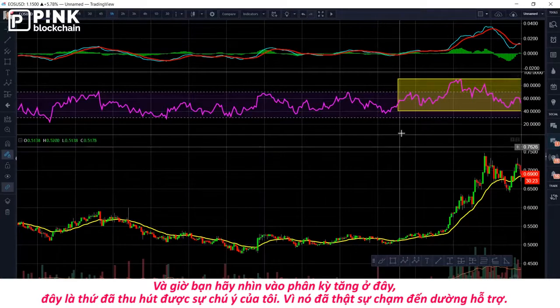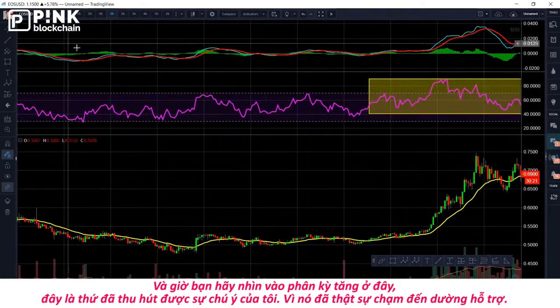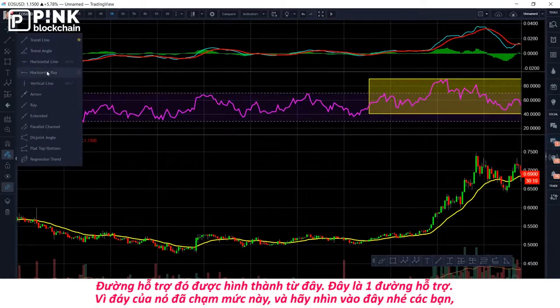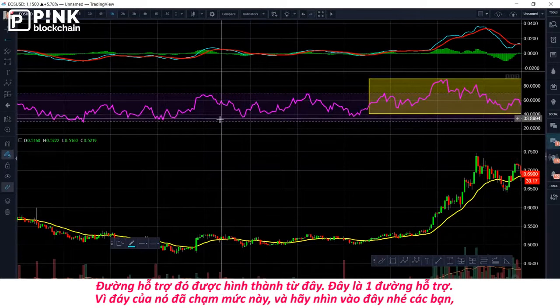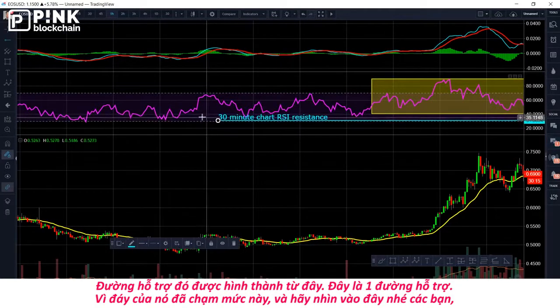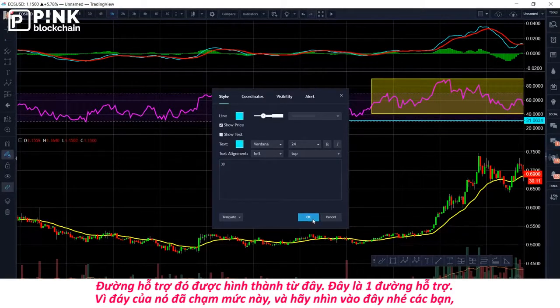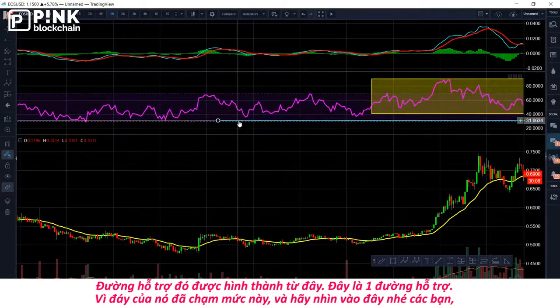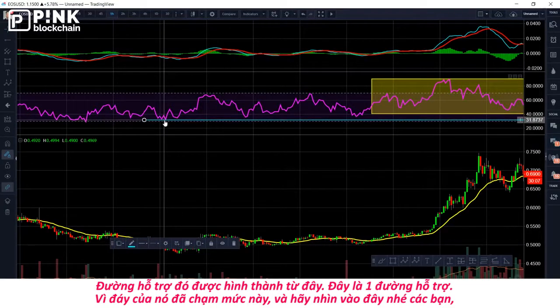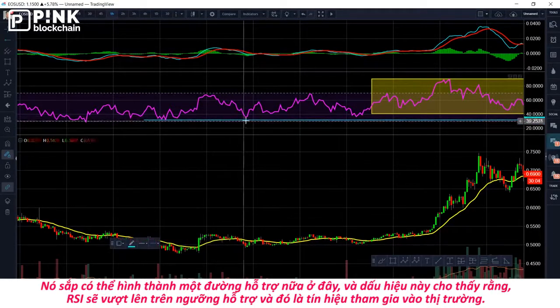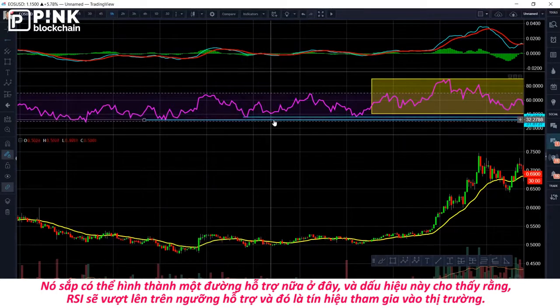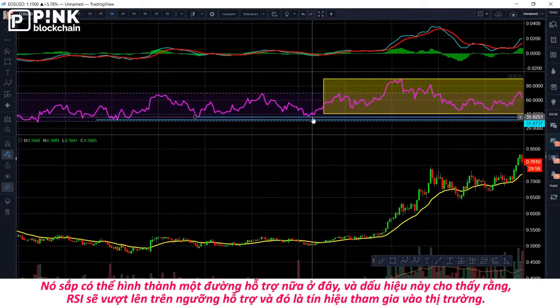This is the one that caught my attention, I remember now, okay? Because it was actually hitting the support line. Look at this support line that is formed from here, okay? This is one support line. Would you guys agree with me that this is a support line right here? This is a support line because it bottomed out there. And look at this, guys. It is actually getting another support line right here. See this support line? And this signal right here to me, guys, where it bounced off of the support line,